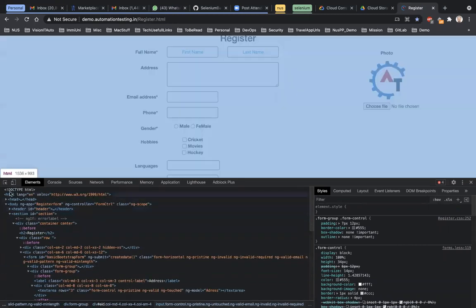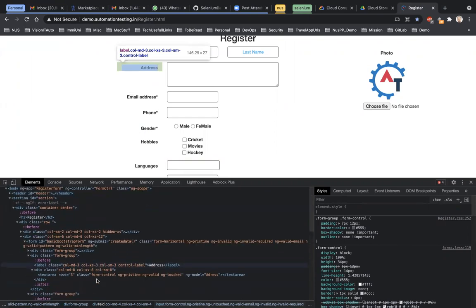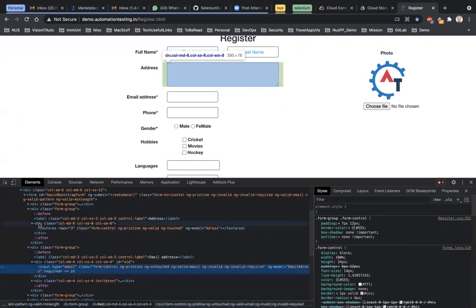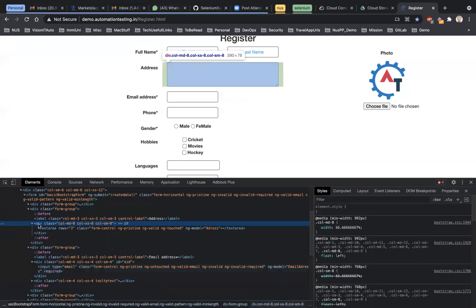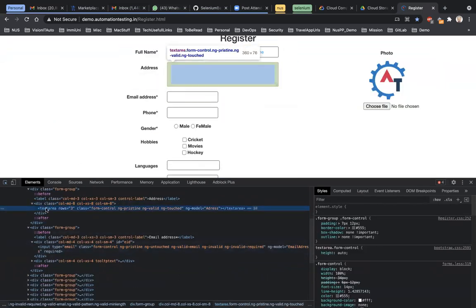What you see right now is called a document. You see doc type as HTML. So this is a document. It has a special kind of syntax called HTML. HTML is comprised of tags. This is called a tag, and a tag has attributes. So div is a tag and its class is an attribute. This is the attribute value. Same way, if I go here, textarea is a tag, rows, class, and ng model are its attributes, and these are their attribute values. So rows 3, so 3 is the attribute value of the attribute rows from a tag element whose tag is textarea. That's how it is organized.